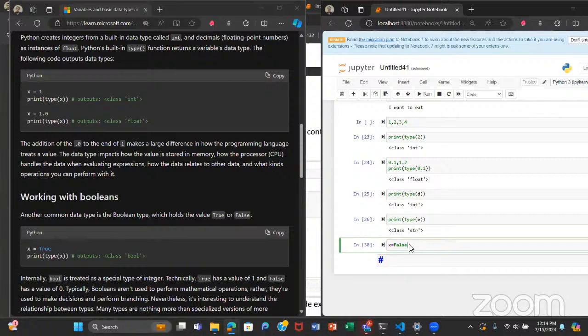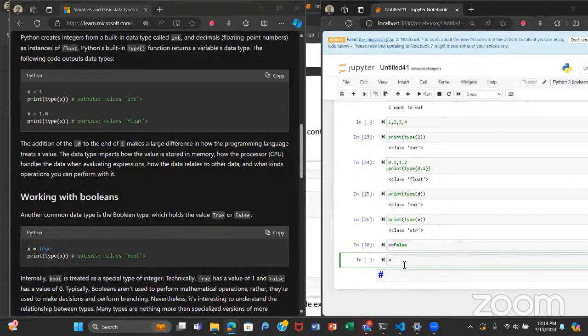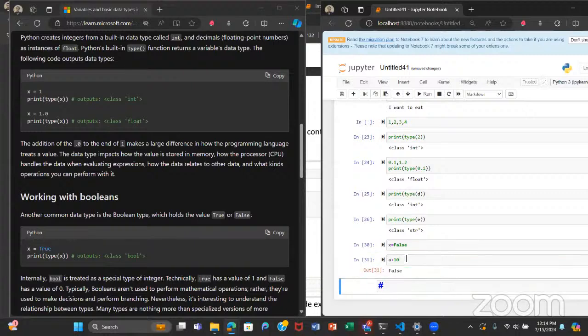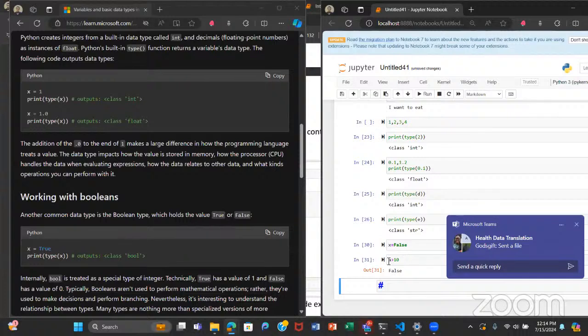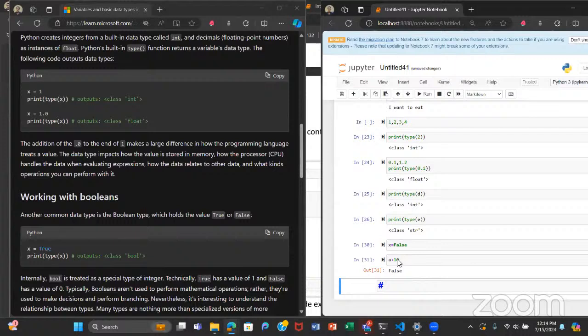For example, let's say we have a variable A equals 2. Is A greater than 10? We run that cell and it gives us False, because A is not greater than 10. Is A greater than 1? True, it gives us True.